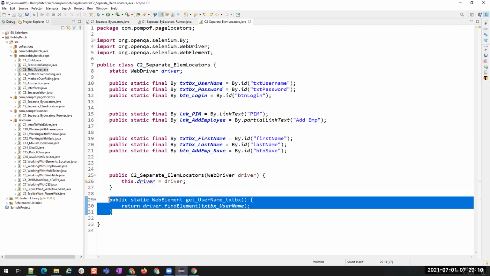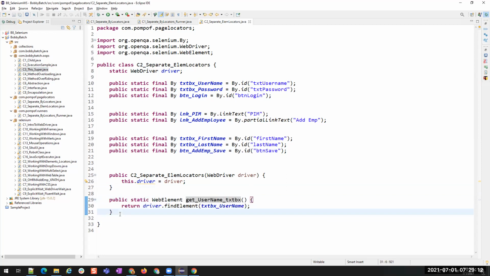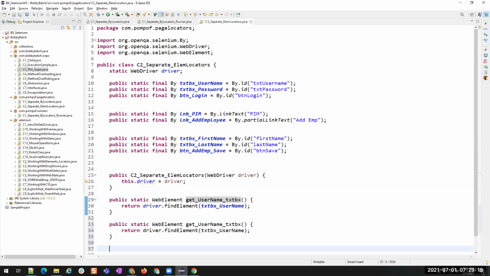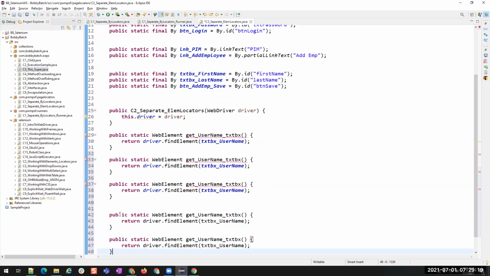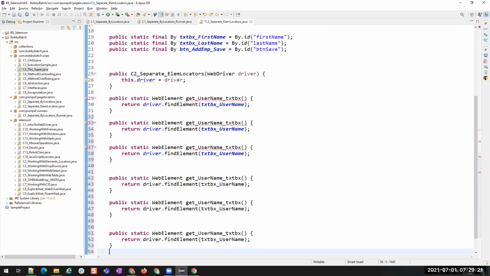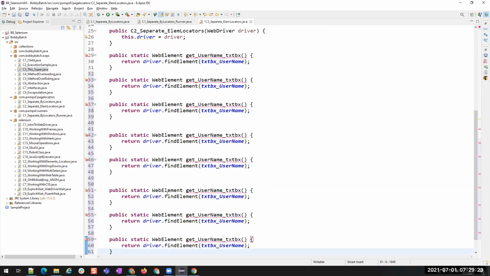Fine. So now I'm going to create similar methods for username, password, sign in, PIM, add employee, first name, last name, and save. All the methods. Get. I want a password text box.